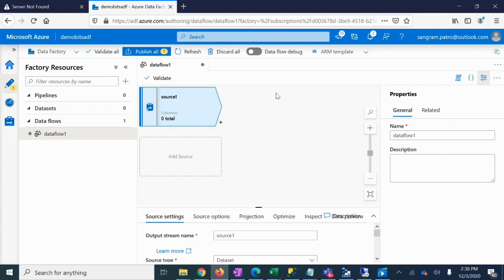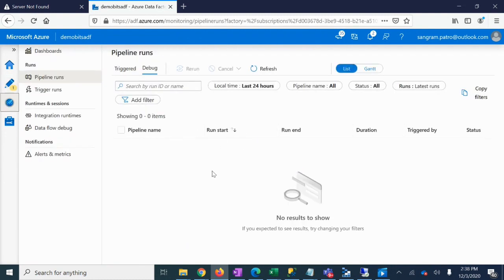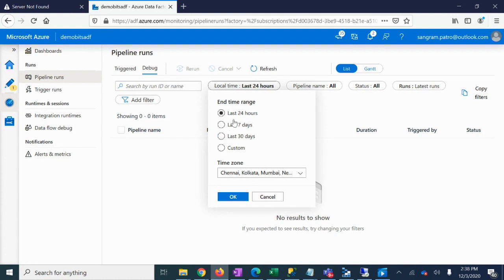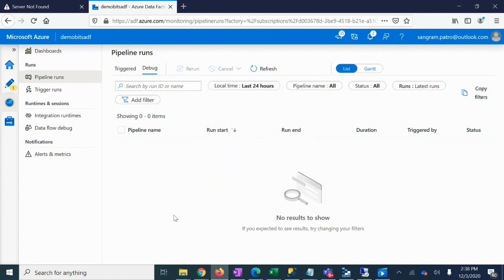And then there is another option called monitor. Under the monitor section, you would be able to see all the pipeline runs in the history. So if a particular pipeline is running twice every day, I would be able to see two instances of the pipeline run for a particular day. And you can change the timestamps like last 7 days, last 30 days, and you can see all the logs if the pipeline has failed or succeeded. And then you can come again to this monitoring section and debug for a particular problem statement. So this is the monitoring section. So this is the overview of Data Factory entirely to start with.